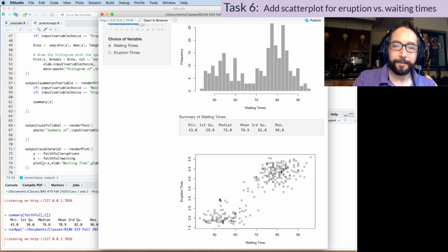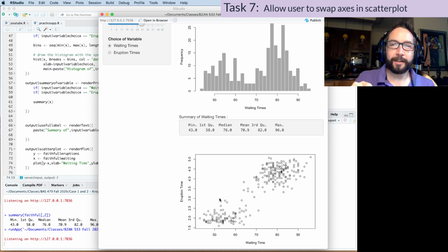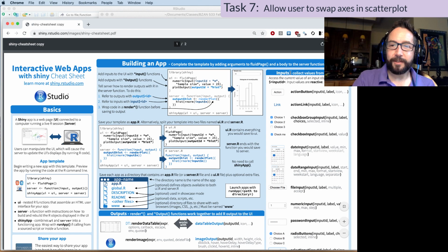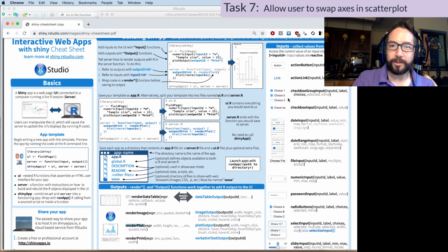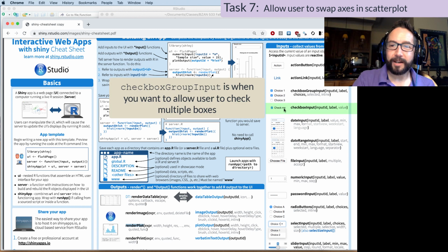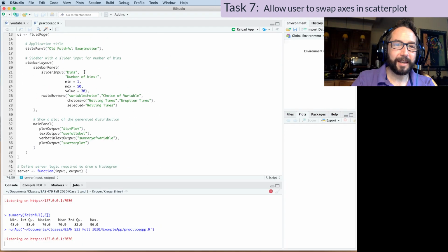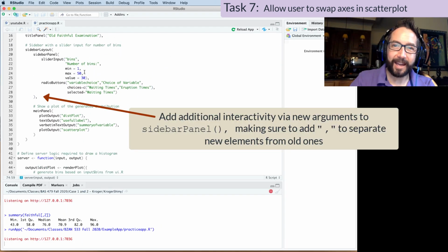Now we've updated that. So one last thing, just to add in a little bit more functionality, let's add a checkbox that allows the user to swap the role of these eruption and waiting time axes. So, okay, I want to add in some sort of checkbox in the cheat sheet, in my list of inputs. What seems to do the trick? Well, here's the checkbox right here. I'm just going to have a single checkbox here, so a checkbox input is what I want. I'm going to highlight that. I'm going to copy, and I'm going to paste that back up into where I've been adding in the UI